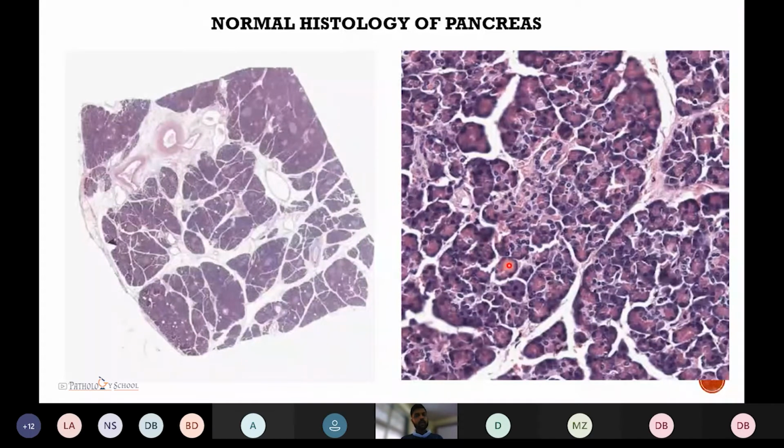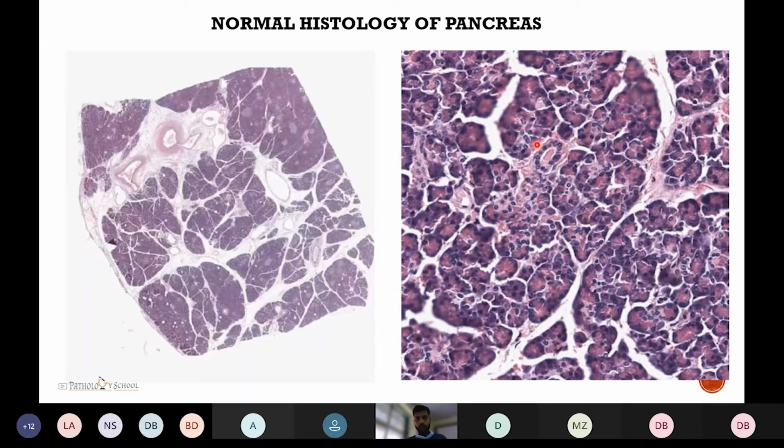It is activated by stimulation from trypsin, and when it goes into the duodenum, by enterokinases. So basically, these acini pour their secretions, which go through the intralobular ducts into the interlobular ducts, and finally into the main pancreatic duct, which carries it to the duodenum.